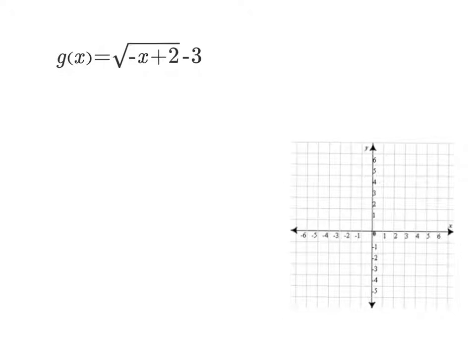So the first example we're going to look at together is an example of the equation of a function that has some transformations being done to it, and we're going to list out what those transformations are, and then we're going to graph them. When we list out our transformations, we always want to do it in the order that they would be occurring,